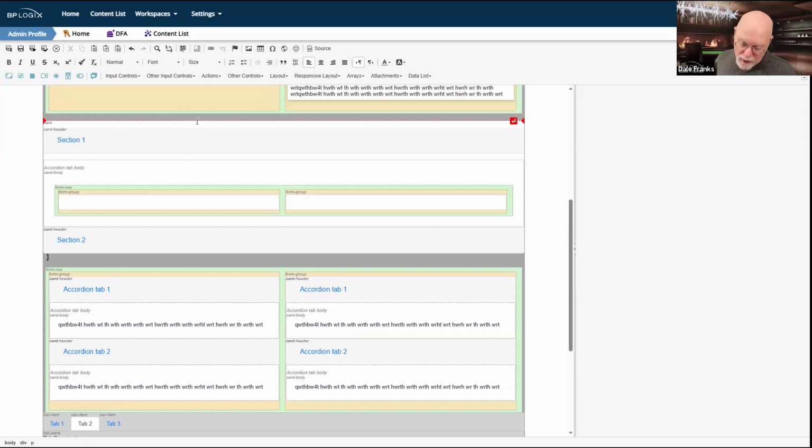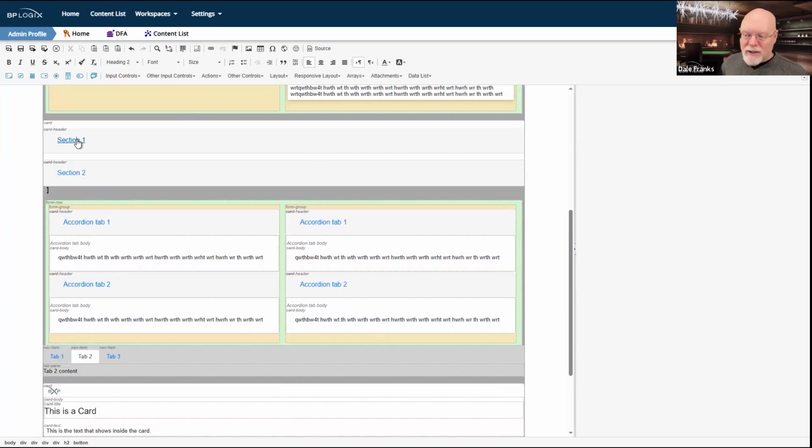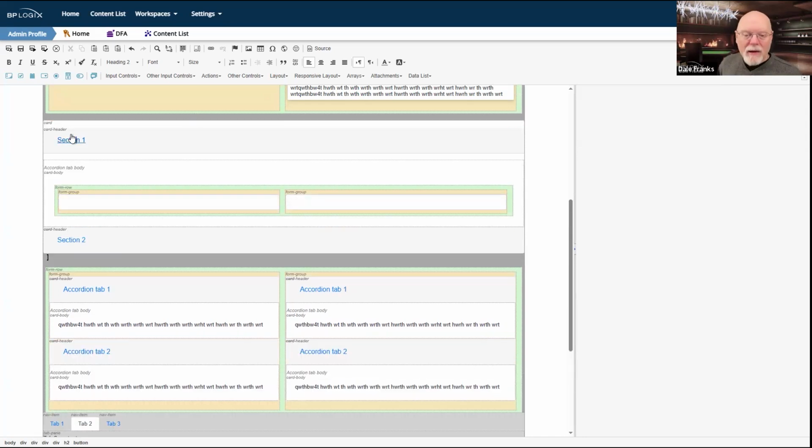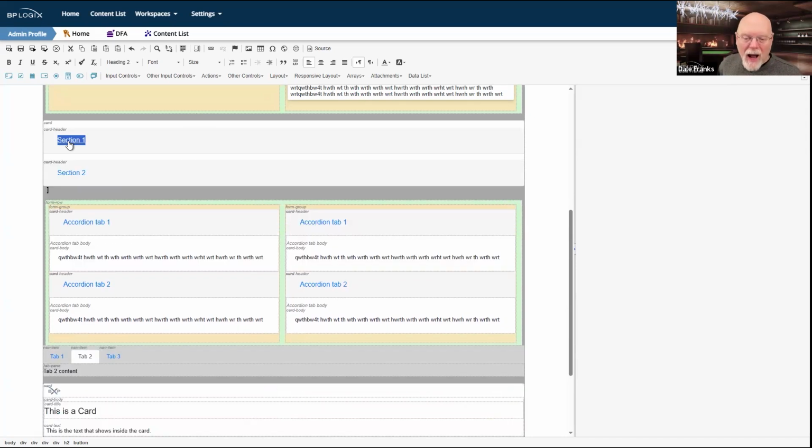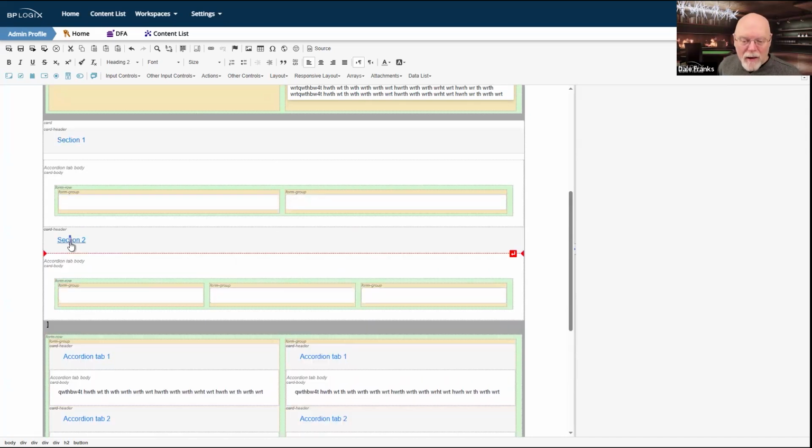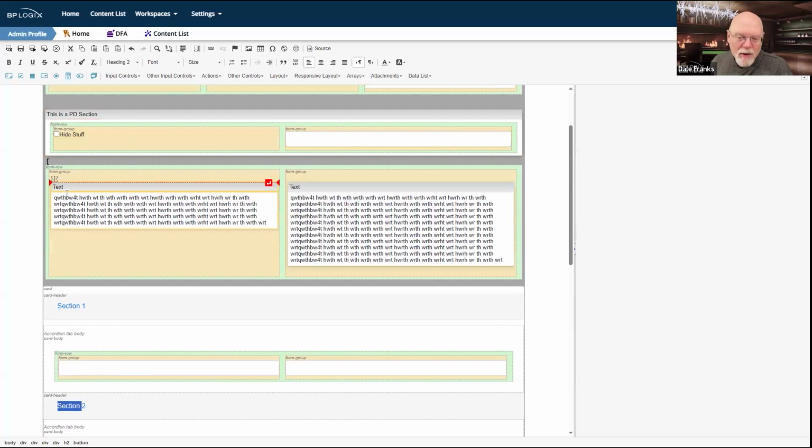So when you throw in an accordion inside the container control, it basically works as a section. And so therefore, I can show and hide all of the controls that are in there simply by clicking on the link. And by the way, it works in the online form designer, which is really cool because our normal section control, which basically does the same kind of thing, doesn't work in the online form designer.